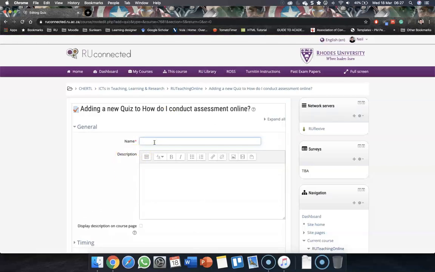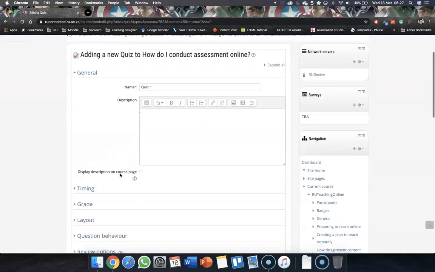So first one is to name your quiz. I'm going to call it Quiz 1. Again, the description block is where you could add information for students, and I think it is always useful to at least say what work would be covered, what are the